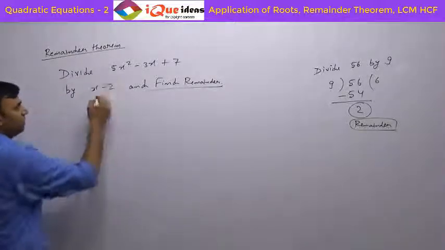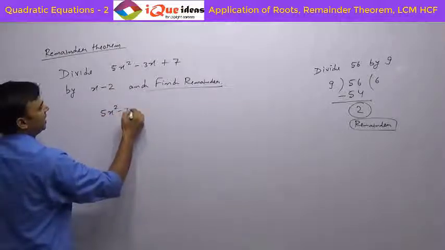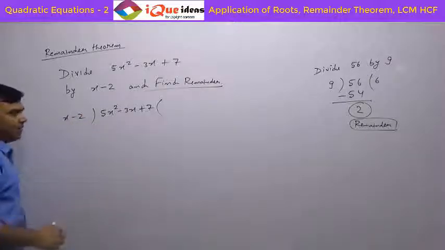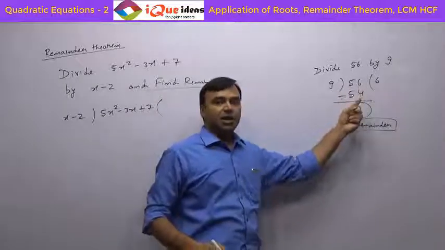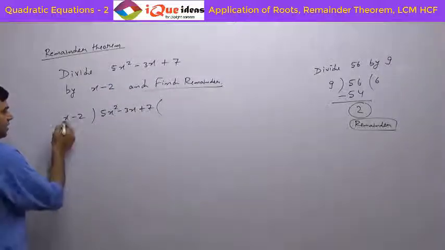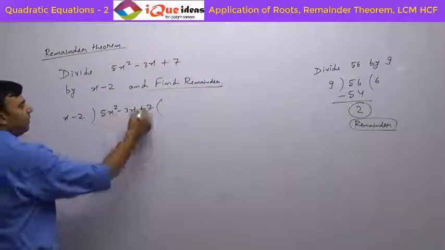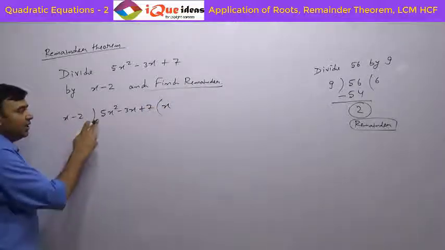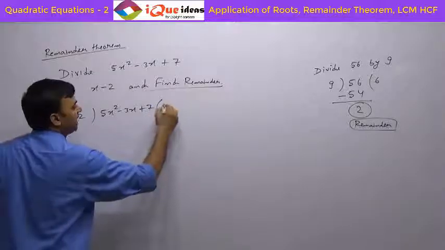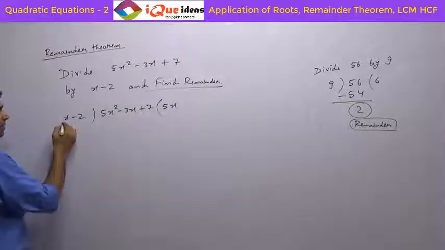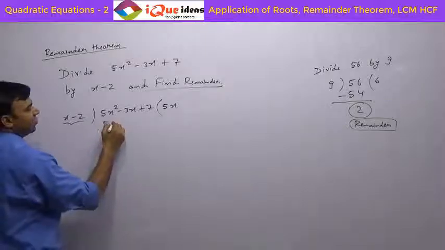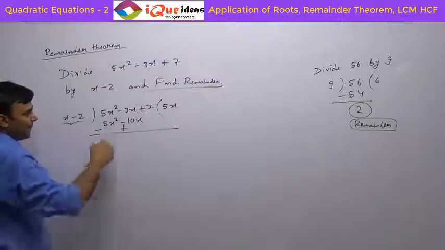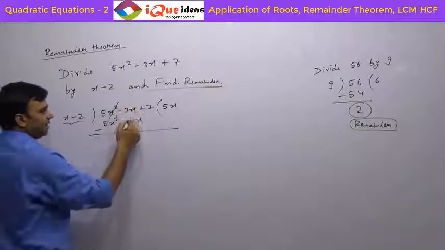Let's see. So here one method is we write 5x square minus 3x plus 7, and we divide it by x minus 2. So one by one, here the way we did the maximum multiple, here we look at the maximum degree. Here the maximum degree is x raised to 1, here it is x square, so multiply by x. But only multiplication of x will give us x square, so that will not help. So multiply by 5x. So instead of x, take 5x here. Now 5x multiply to this whole thing will give us 5x square minus 10x, and then subtract. So this becomes minus, this becomes plus. 5x square gets cancelled. Minus 3x plus 10x is 7x